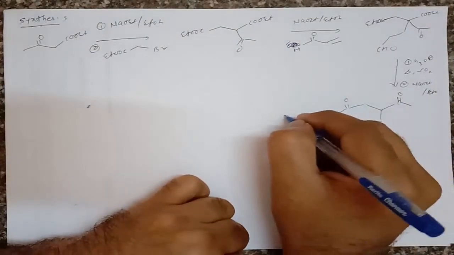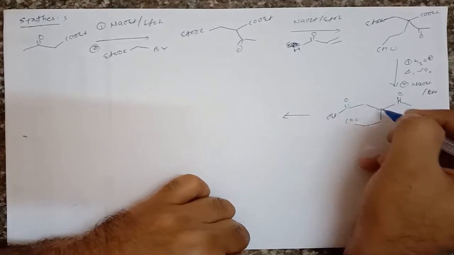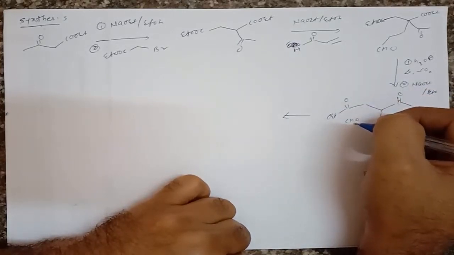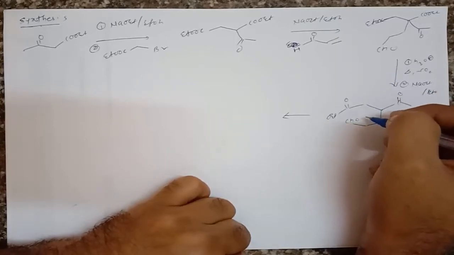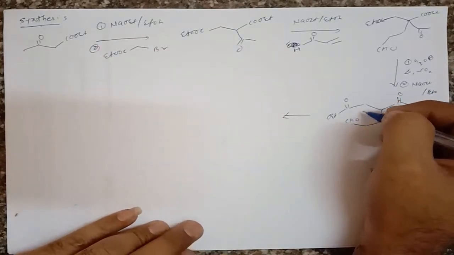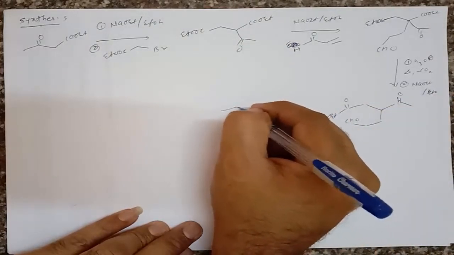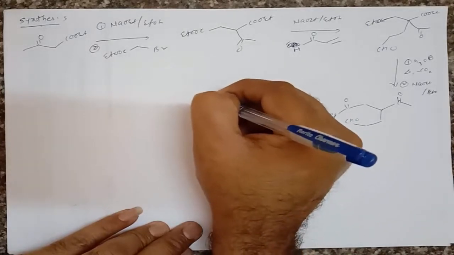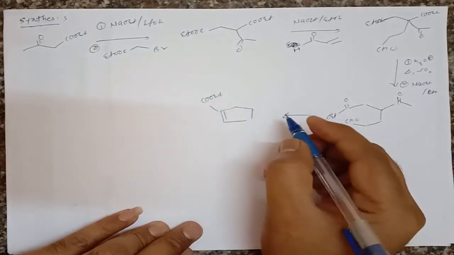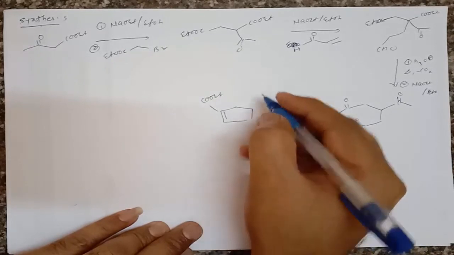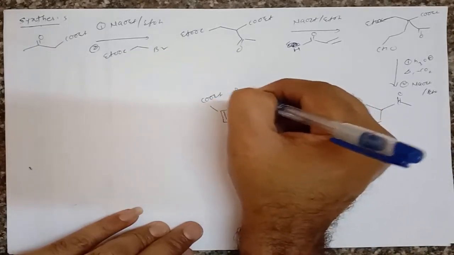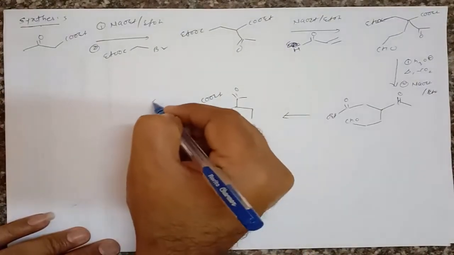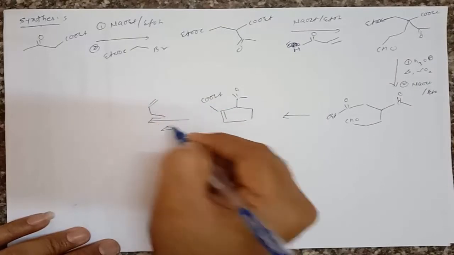And in second step, this base will undergo cyclization here. The base will take proton from this side, it will attack this aldehyde, it gives formation of beta hydroxyketone, and in second step it undergoes elimination of water molecule and gives formation of a cyclic ring containing an alpha beta unsaturated ester, that is COOAT, and in the next carbon there is a ketone in this way, right? Then we have to treat this molecule with 1,4-butadiene, and we have to heat this molecule.